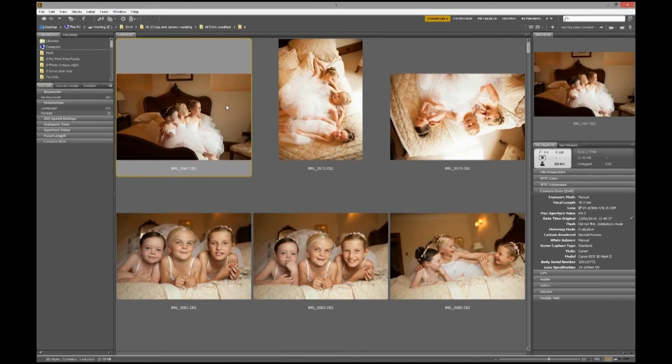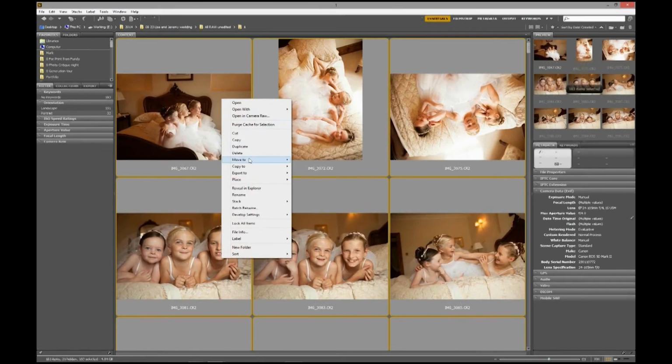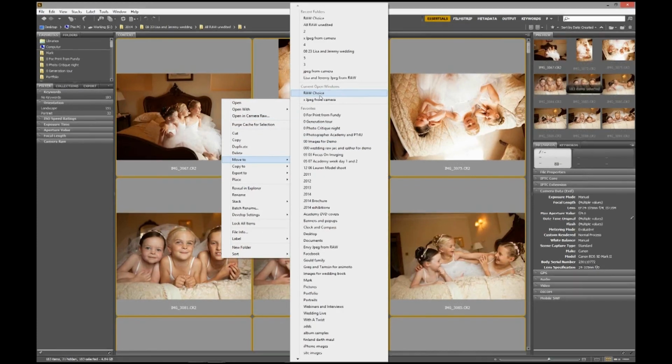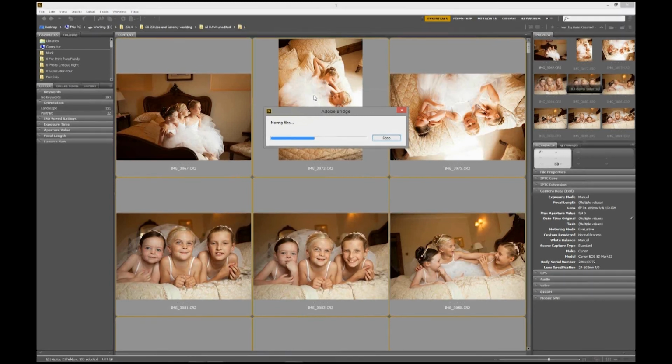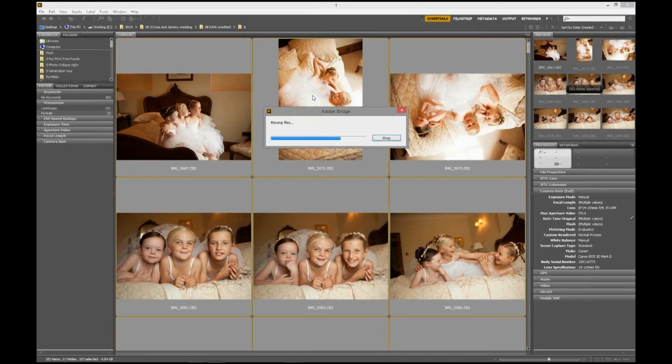Right, so we're here. Let's go Control A. Let's move all these now. So I want to move these to what is the raw choice. That's going to take, again, less than a minute to actually move across. And once that's done,